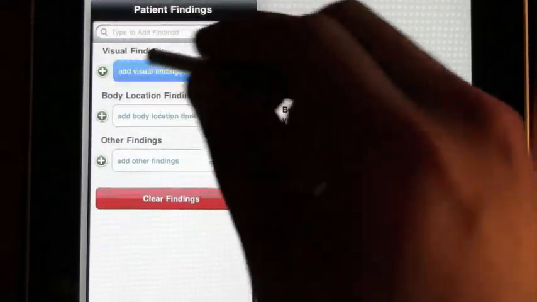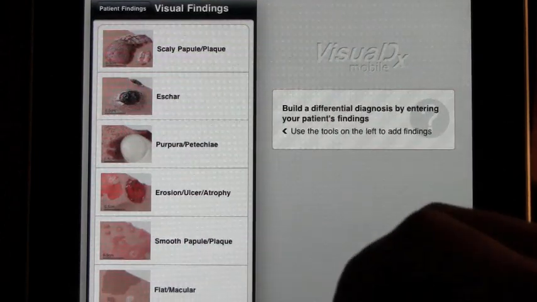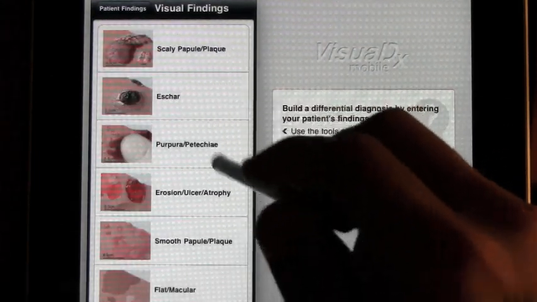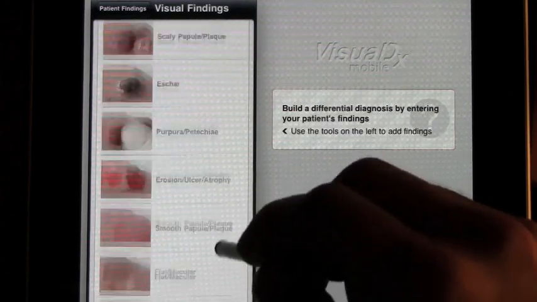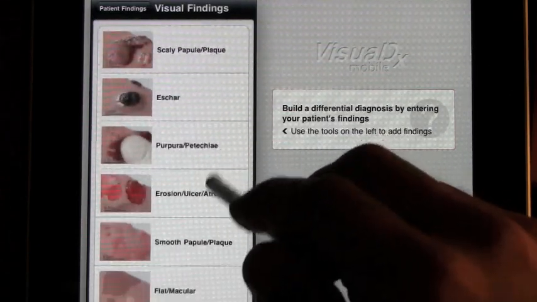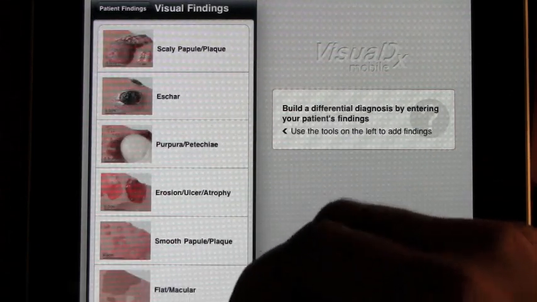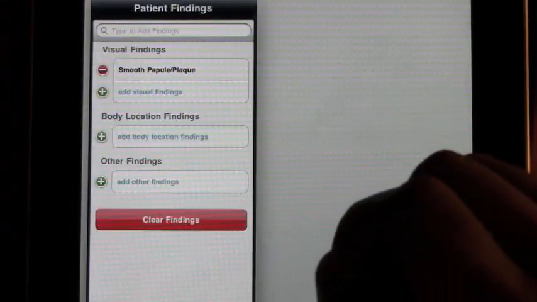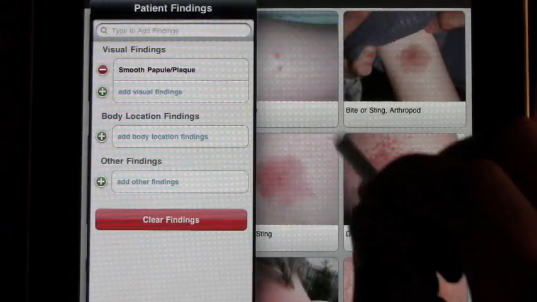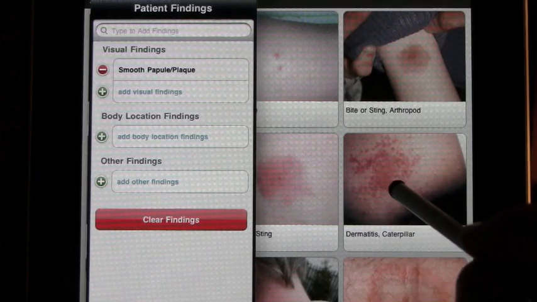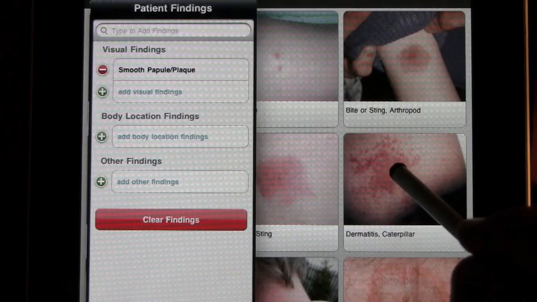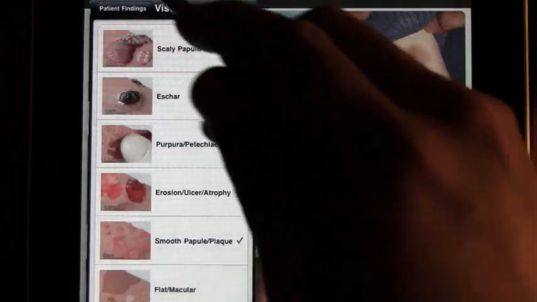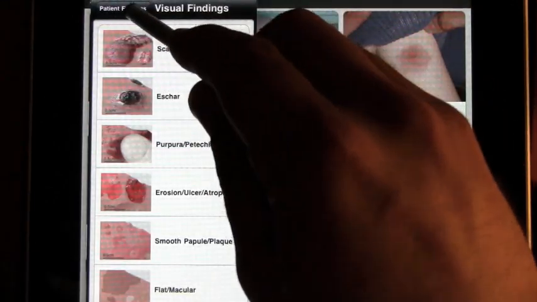When you click on Add Visual Findings, it'll give you a list of options to choose from, whether you have papule, plaque, an erosion, flat macular. It goes through some of the key terms there to look at. Okay, let's go ahead and choose just a smooth plaque. And you'll see as you put in each entry, in the background the differential is being built. And you can add more visual findings should they be needed,